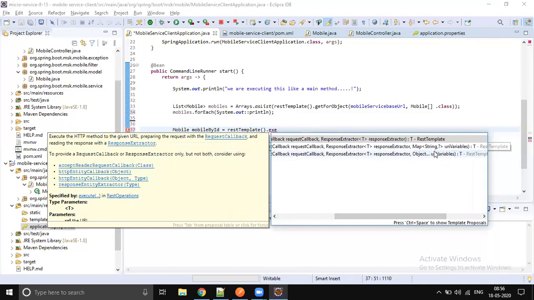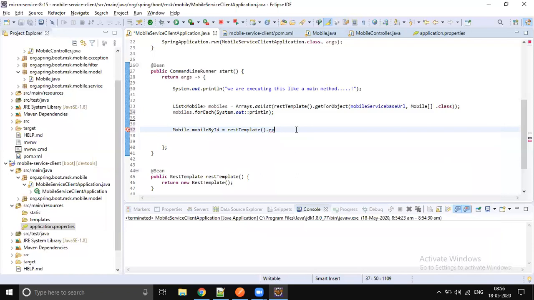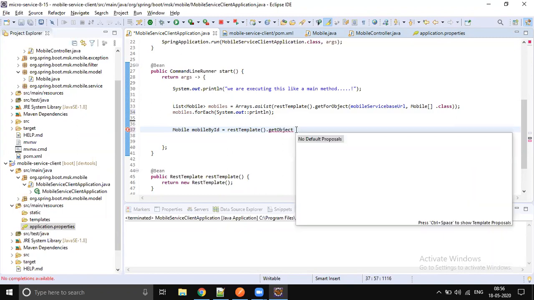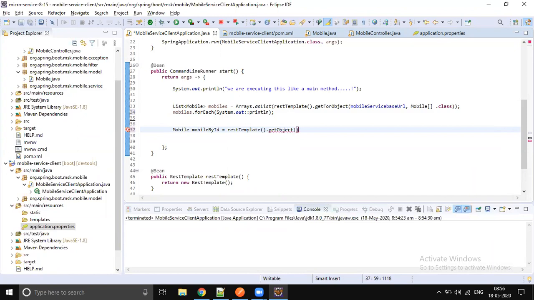If you are passing any query parameters or header parameters, you can pass those. We have some overloaded methods, like HttpEntity, that you can pass. But anyway, let's directly use the HTTP specific method. If it is a get method, better to use getForObject. If it is a post method, better to use postForObject, unless there is some customization required.